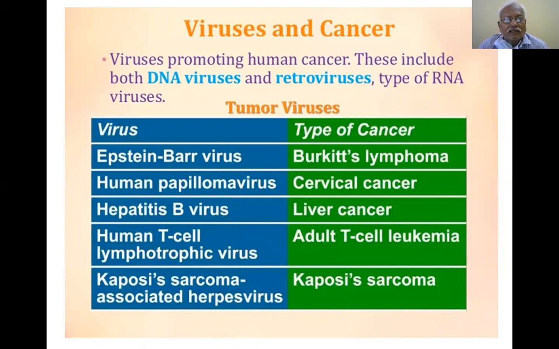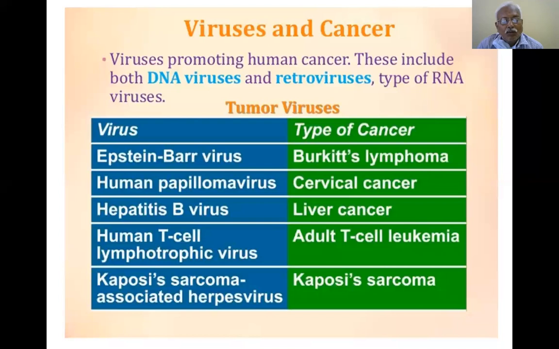Hepatitis B virus, I told you, that will create liver cancer, and if we take the hepatitis B vaccine, 3 doses at 1 month intervals, and again at 1 year later booster dose, we may not be able to get liver cancer. And human T cell lymphotrophic virus, that will cause adult T cell leukemia,